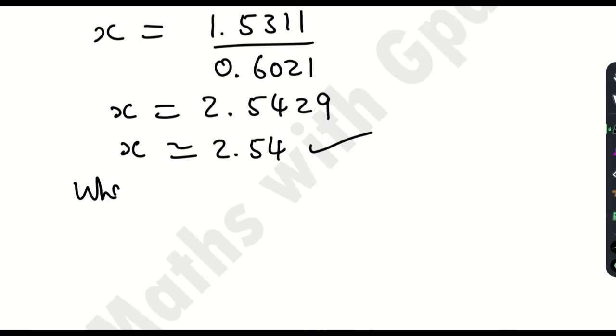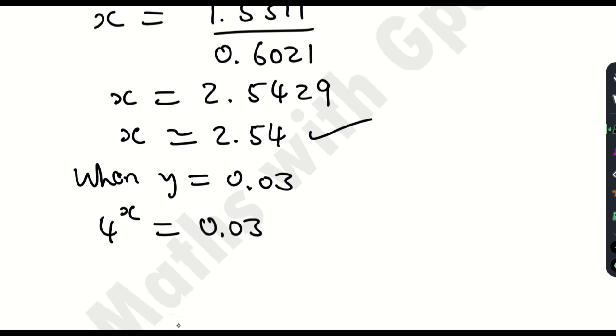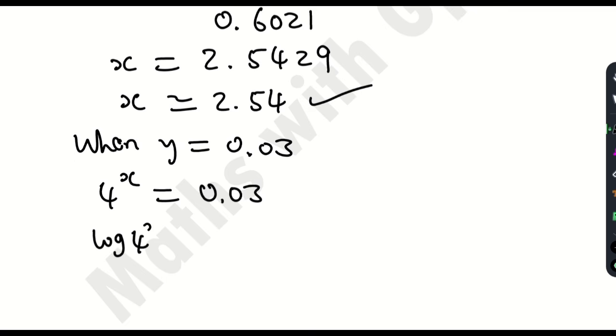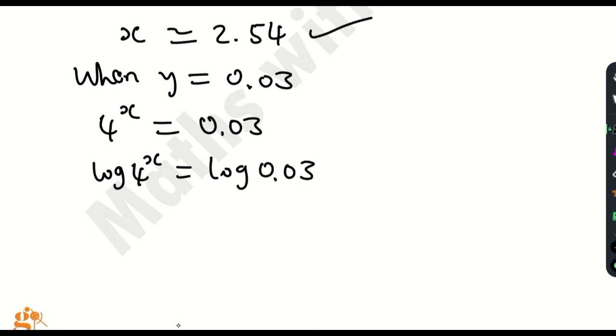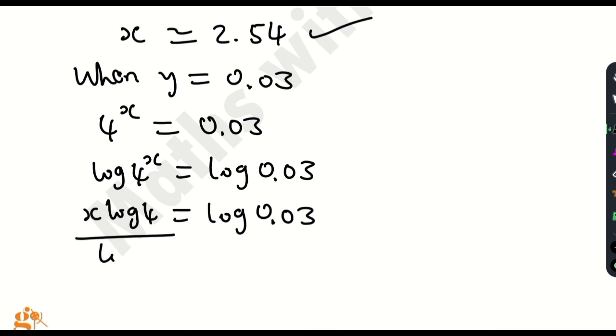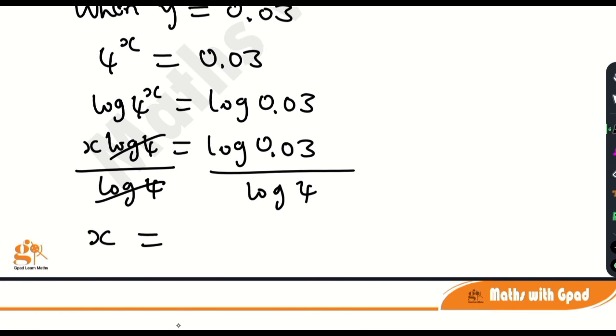So when y is equal to 0.03, of course, still using the same equation, I will no longer write y, I will write 0.03. Again, apply logarithm to both sides. So log 4 raised to the power x is equal to log 0.03. Good. Now, still using the same logarithm rule, x multiplies the logarithm, so that's x log 4 is equal to log 0.03. I'll divide both sides by, again, log 4. So log 4 cancels log 4, and x is equal to